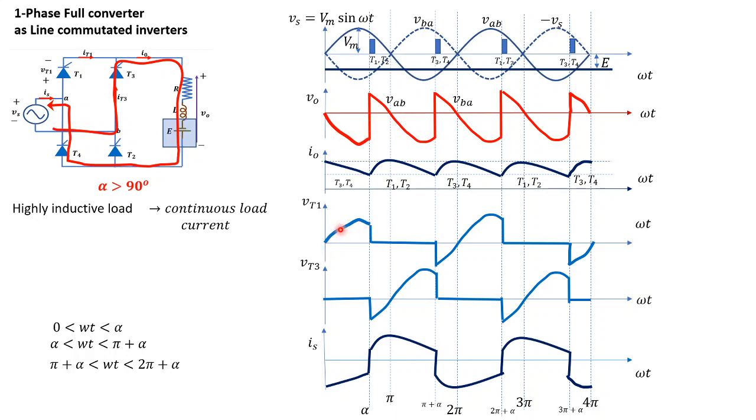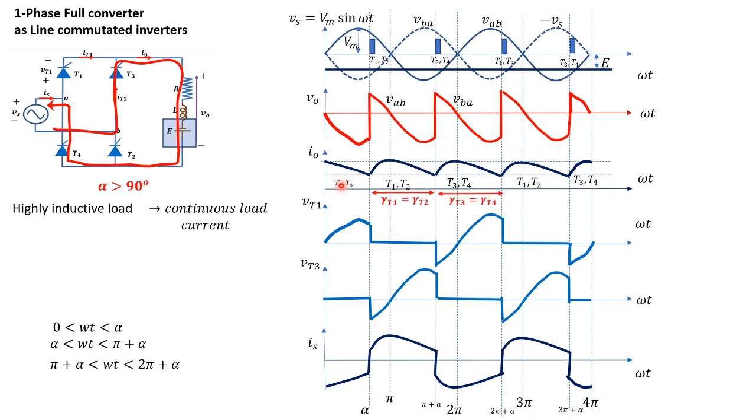And thyristors 1 and 2 are going to be forward biased, of course. Before that it would be reverse biased for a certain amount of period. And when T3 and T4 are conducting, the voltage across them would be 0, and the source current is the same as minus of the load current. So this is the operation.